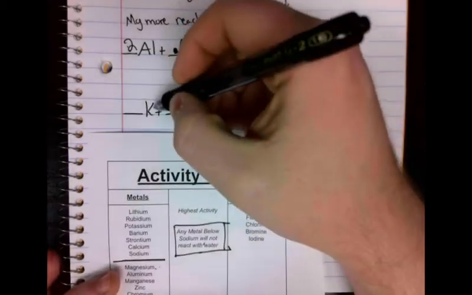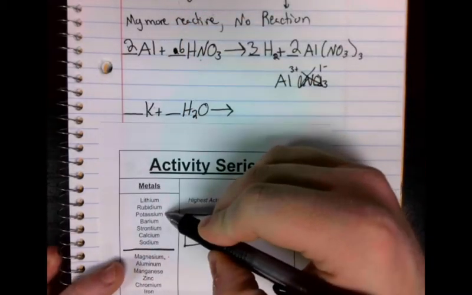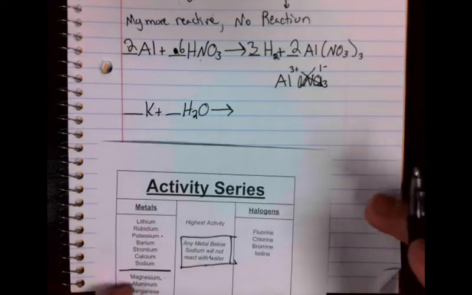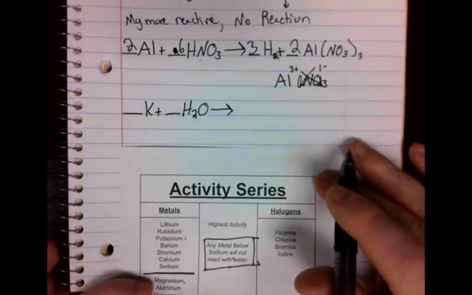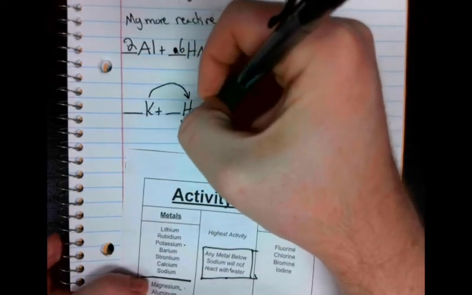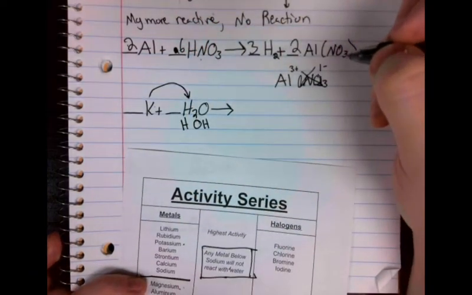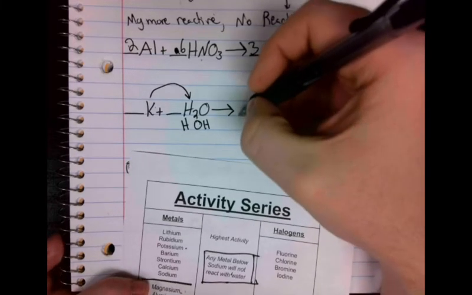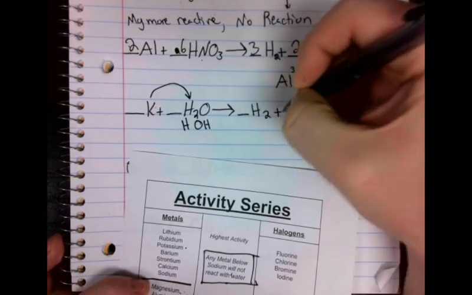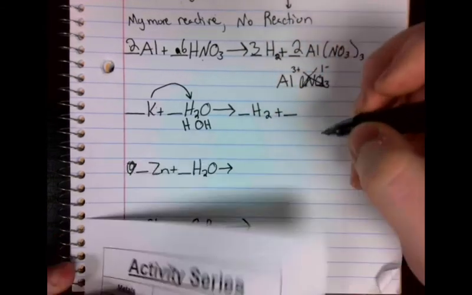So if we check here, K is potassium. Potassium is above the line, so it will react with water. And this is where people make their biggest mistake in this chapter. K is going to boot out the H. But remember, water is actually HOH. So when water reacts with K, you're actually going to get the H by itself, which we just talked about as diatomic, plus now you're going to have